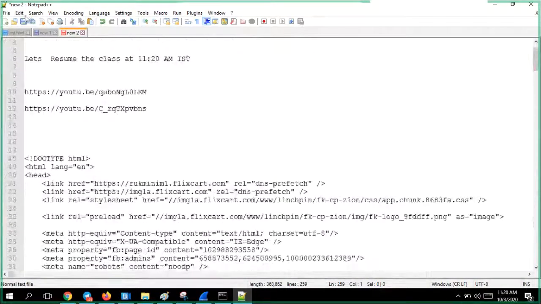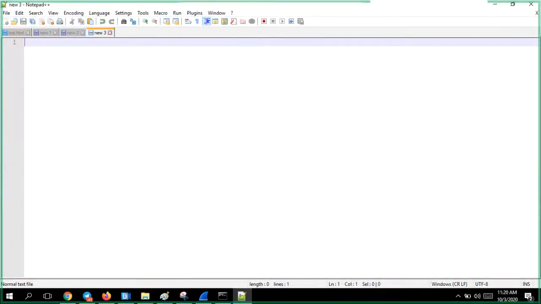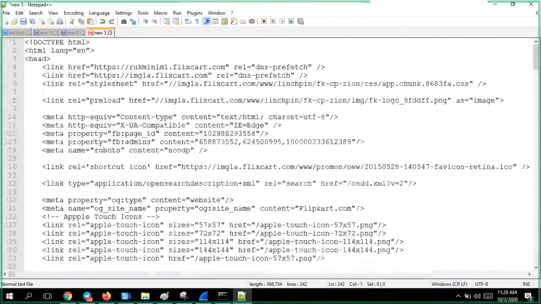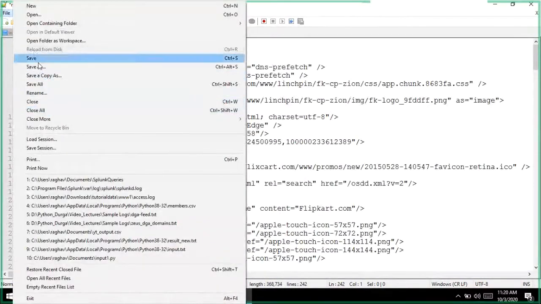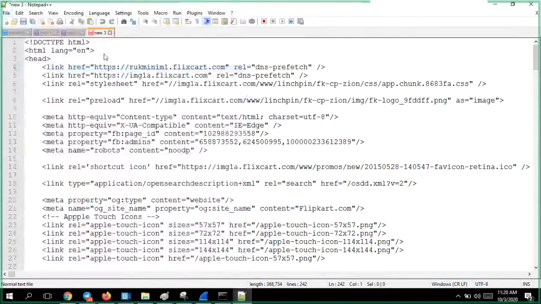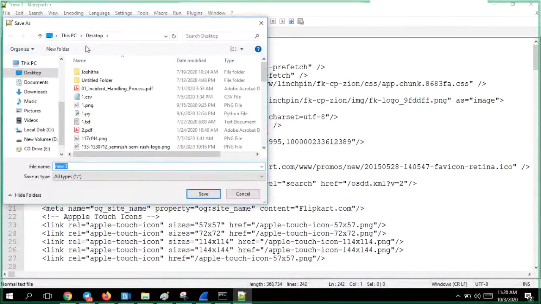Let me open another new page, paste it over here, and save as. On the desktop, I'll save it as Flipkart test page.